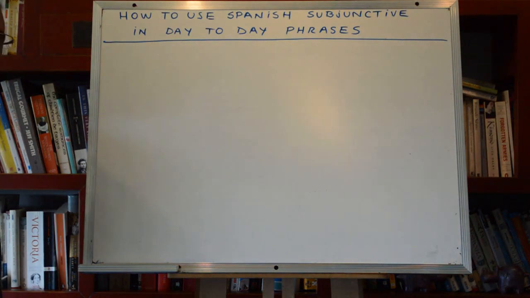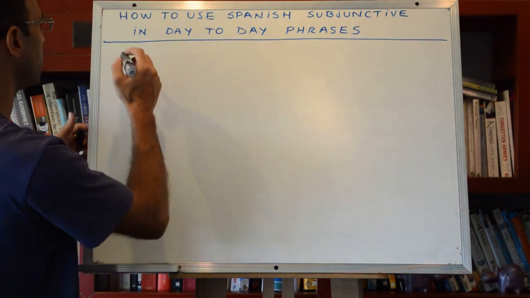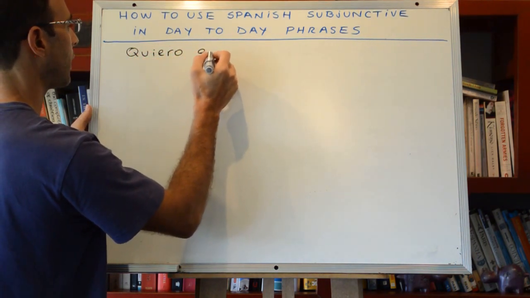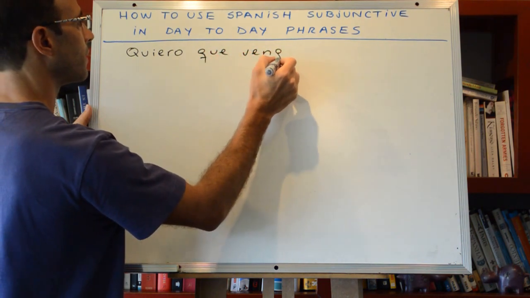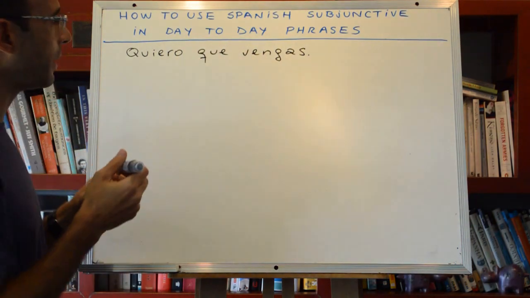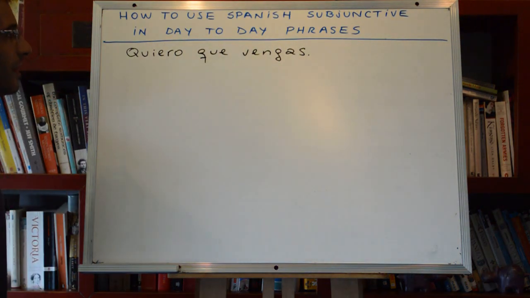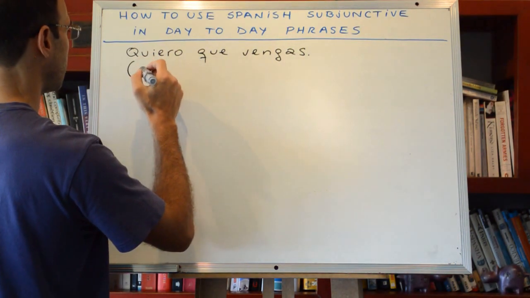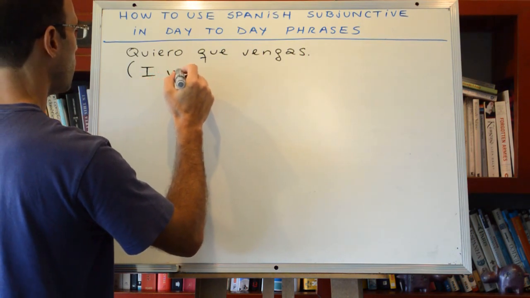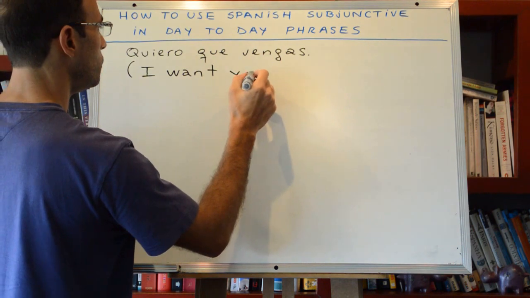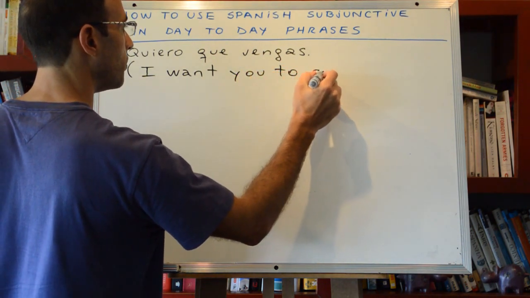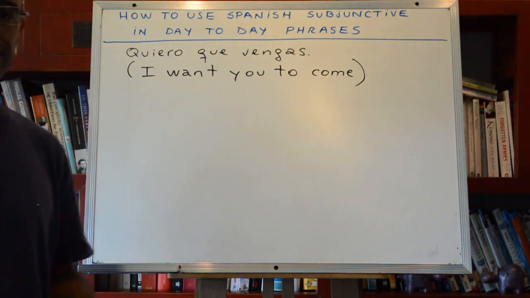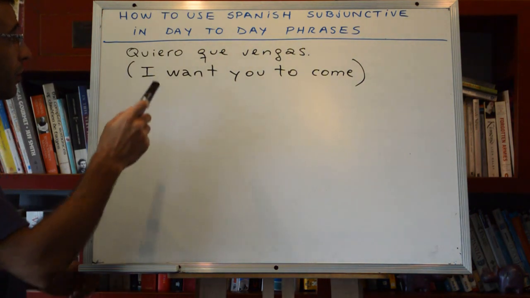So let's begin with a very simple sentence like: Quiero que vengas. Quiero que vengas. This is in the subjunctive, right? In English we would translate this like this: I want you to come, right? When you express will of something or desire, in Spanish we use the verb querer, which